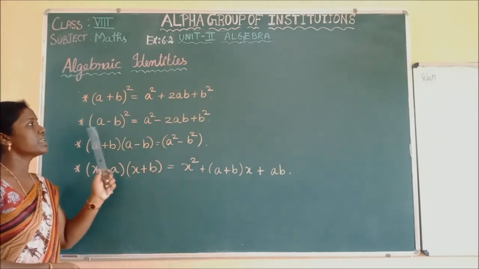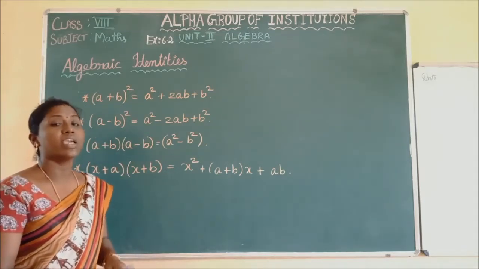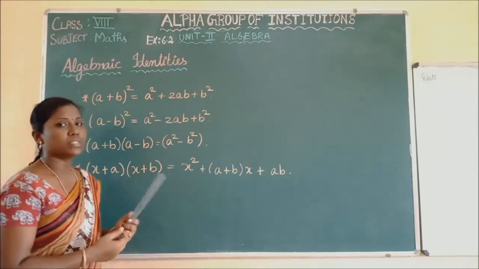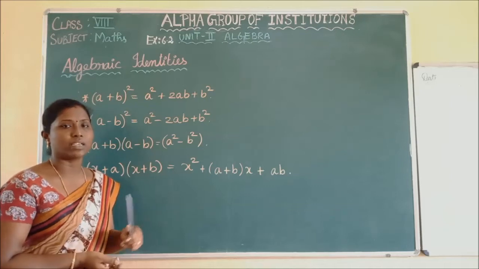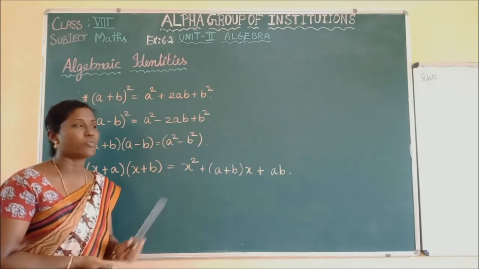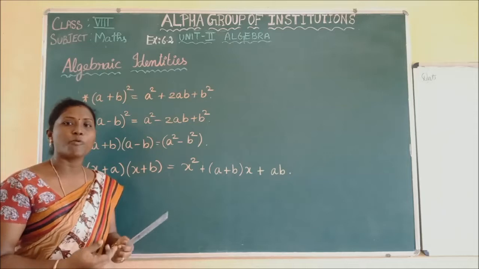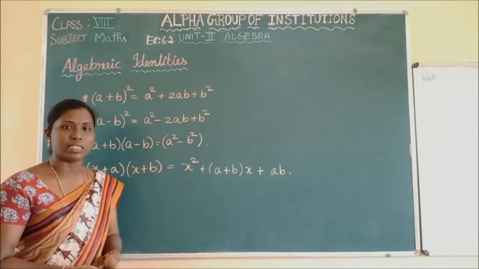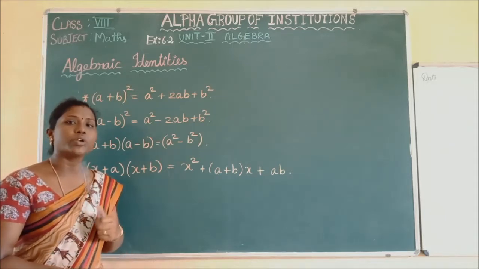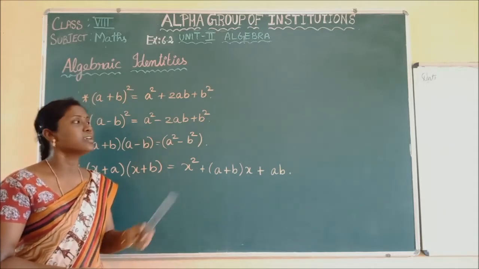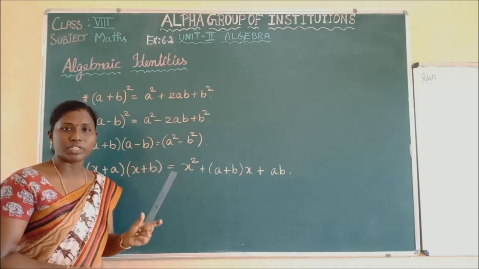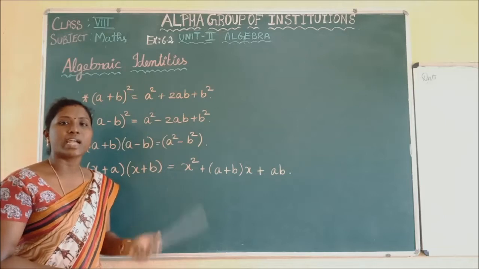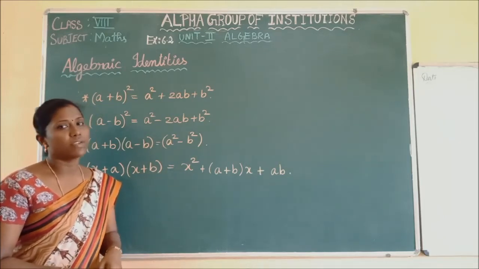Okay, see here we are using the variables a and b. Instead of a and b, if you are finding any other variable like x, y, you have to think of the suitable identity. Always you will not get the sums in the form of a, b. The question may have p, q, r, s, a, x, y, any variable. So if you are going to use the identity, first you have to analyze the question, decide which identity applies, choose the correct identity and expand the given expression.